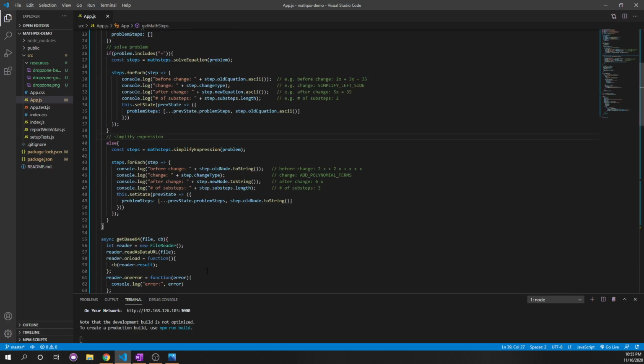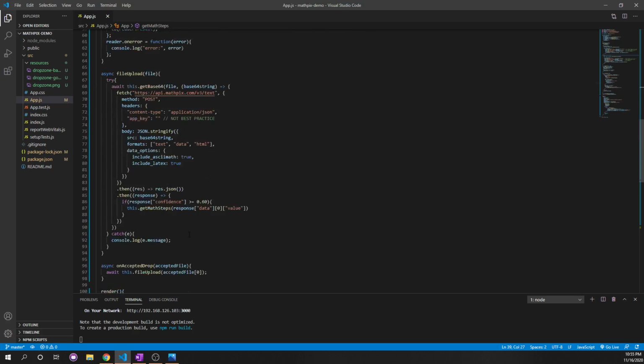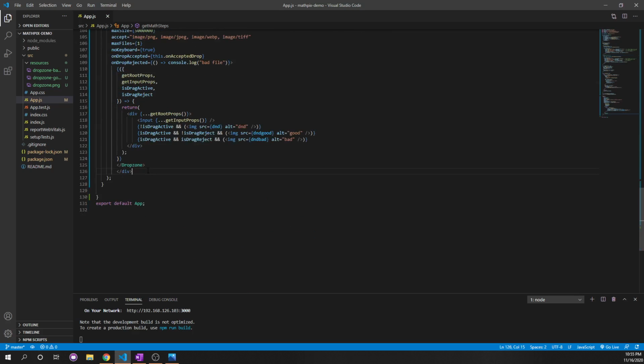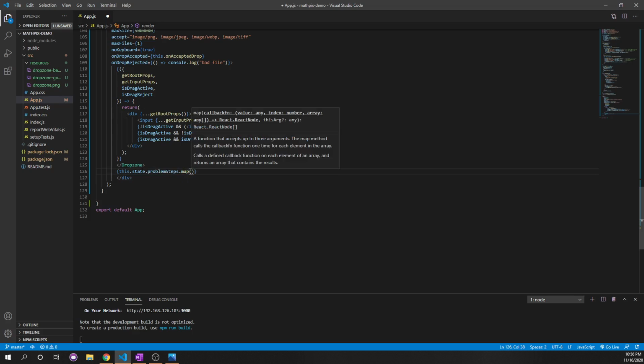So let's actually see this stuff be rendered on the page. We can actually lay out an array or a list. So we can say this.state.problemSteps, and we map out all the pieces from this list